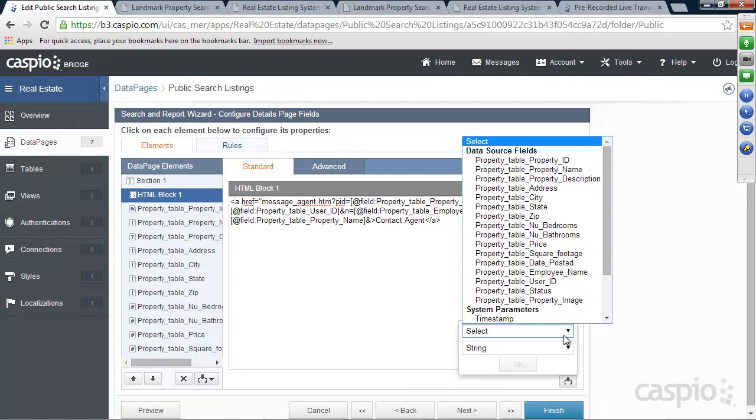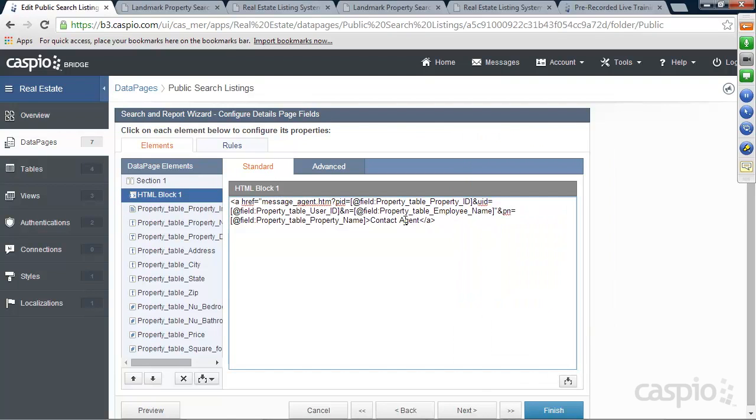You could pass additional fields if you like in the URL, but I'm not going to pass all these other ones. I'm just going to have these ones here, and I'm going to go ahead and close this. So again, like I always say, this is the most advanced thing you'll ever have to learn in Caspio. It's how to pass parameters using the URL with a basic hyperlink. All right, so if I click finish now,